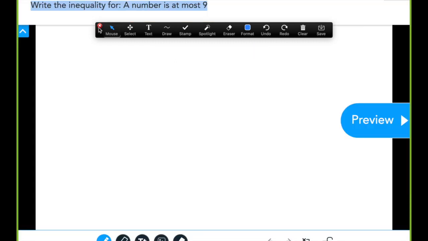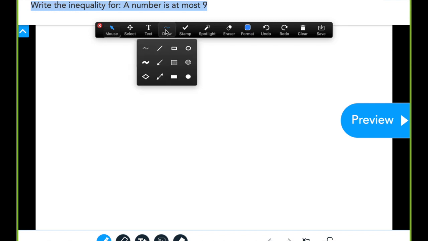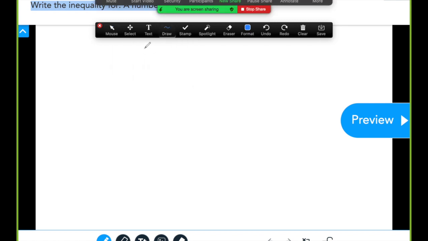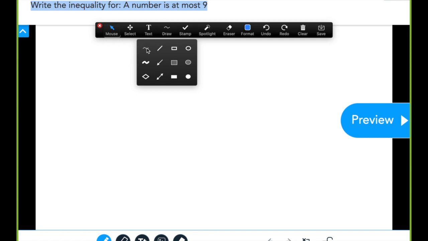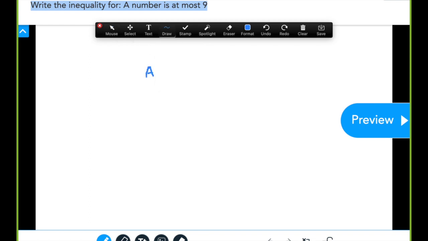Alright, so here it says write the inequality for a number is at most 9. So try to do that yourself first, and then we'll work on it together. Okay. So I'm going to write it down again. It says here, let me move this over here, a number is at most 9. So I'm going to write that a number is at most